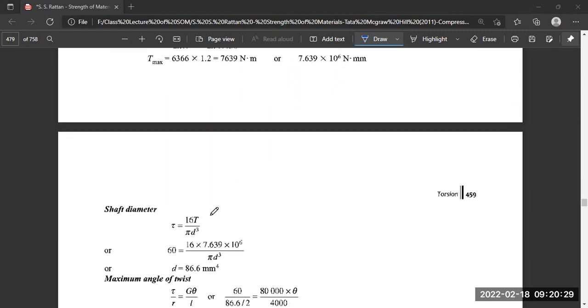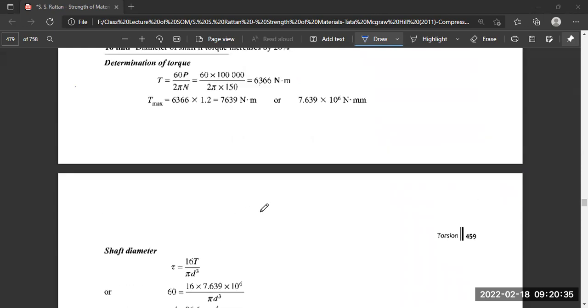Then we have to go, we know the torque. Sir, 1.2. Sir, please explain 1.2 again, the torque max, T max. No, torque